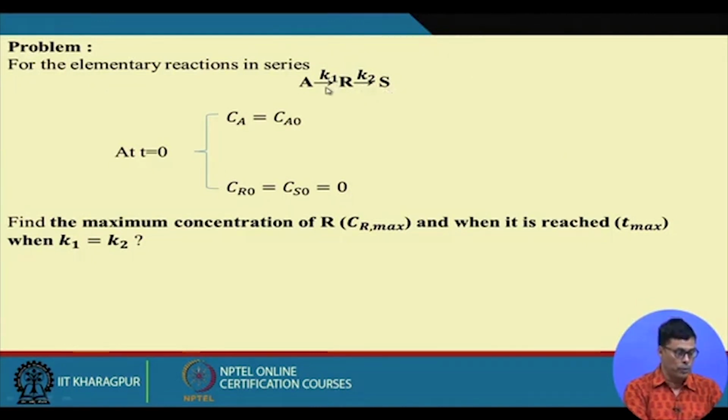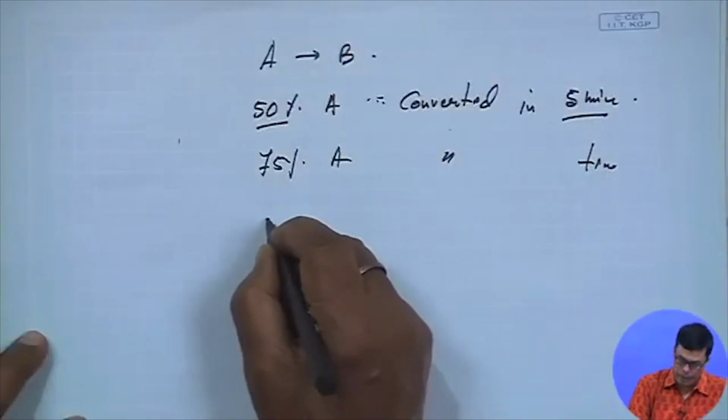So we have two rate constants, K1 and K2. Now what we have to find out: at t = 0, Ca equals Ca0 and Cr0 equals 0. We need to find the maximum concentration of R, and when it reaches Tmax, when K1 equals K2. So what we are basically looking for is